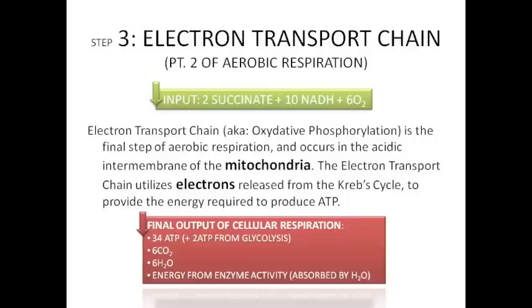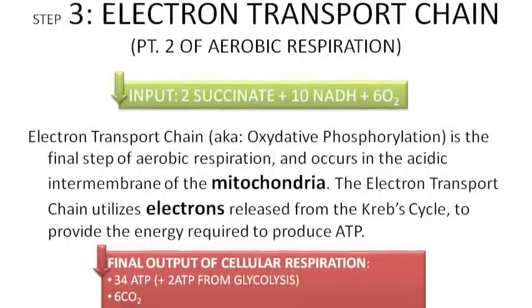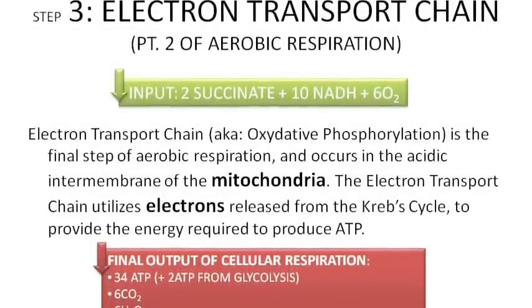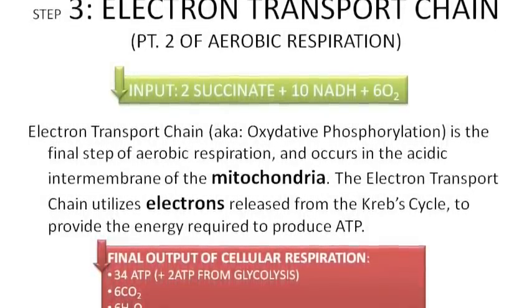Can I explain the electron transport chain? The electron transport chain is also the last step of aerobic respiration, and you put in some stuff, 2 succinates, right? 2 succinate and 10 of the other things, and 6 oxygen. That's what you put in, and then his computer says